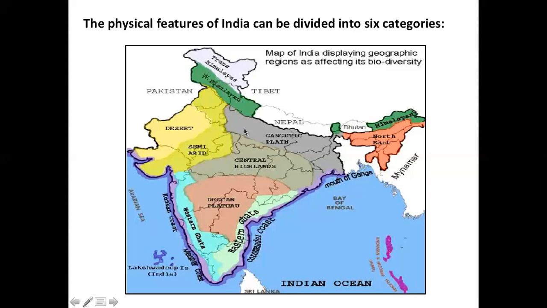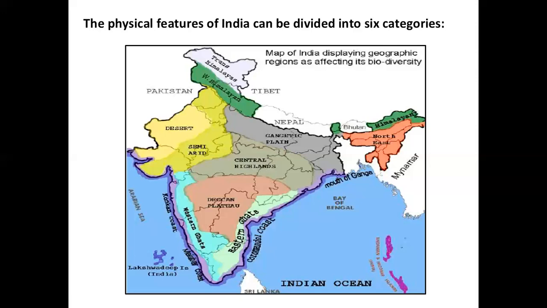Now, the next one is the Northern Plains, which is just below the Himalayan mountains. To the south of the Himalayan mountains, you will see the Northern Plains. These Northern Plains are very fertile.